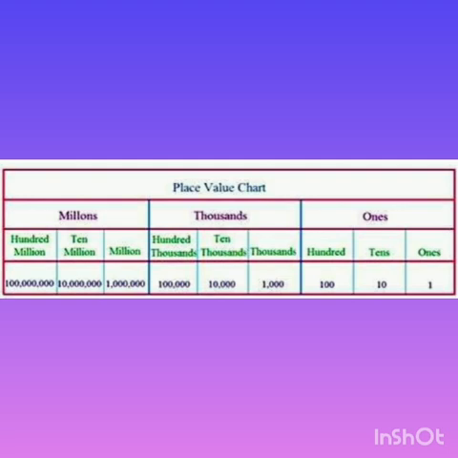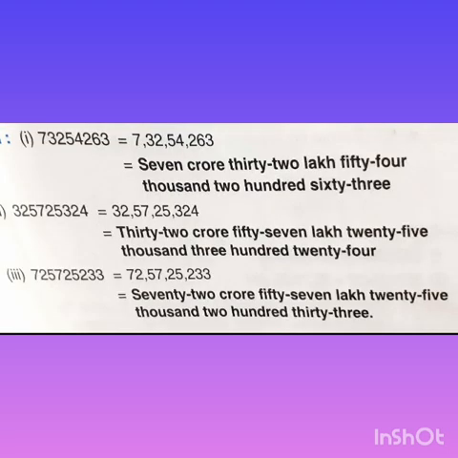Now you can see more with the examples coming up next. See here, first example, that is 7 crore 32 lakh 54,263. Now you can see here we have the first comma after 3 digits, then 6 and 2, starting from the last digits. So we put the first comma after 3 digits, then after every 2 digits. So it is very clear that it is 7 crores 32 lakh